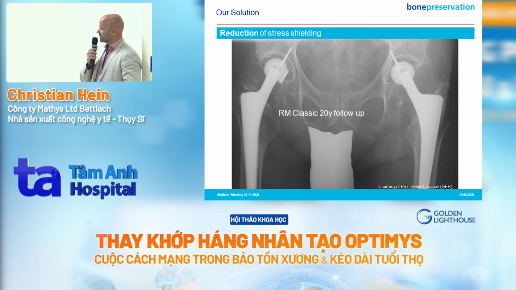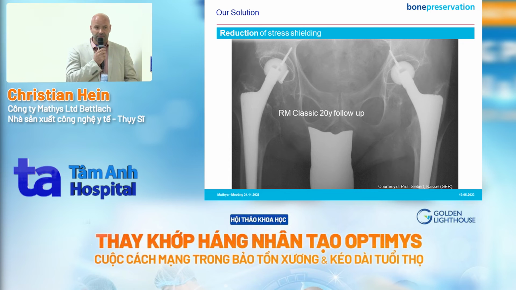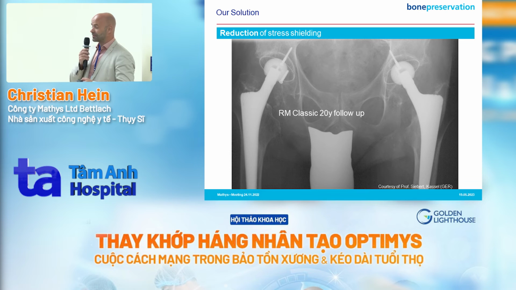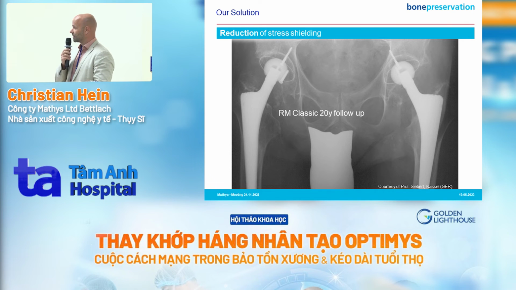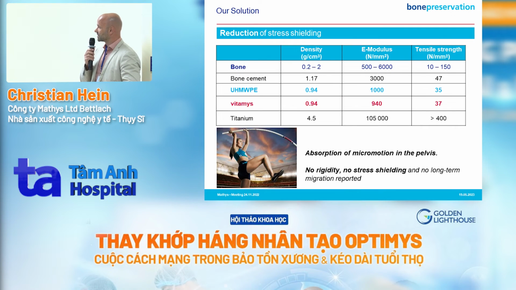The other question is, if you're going to think about stress shielding, think about this picture. This is a 20-year follow-up with standard polyethylene. We can see that the cup coverage, the bone quality in this area up here looks actually like it would have been done just recently. So if you have to revise a cup like this, again, you can use the same primary implant again. And this results actually due to the E modulus, because the E modulus of Vitamys is similar